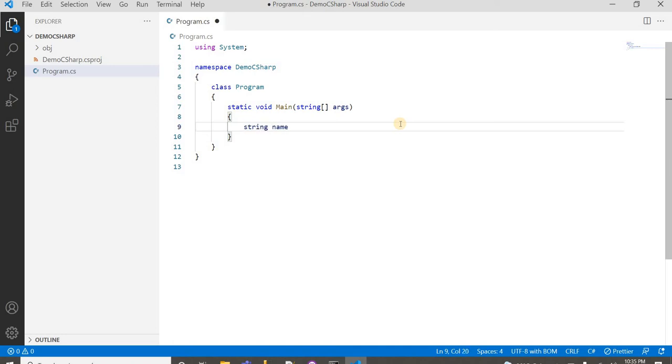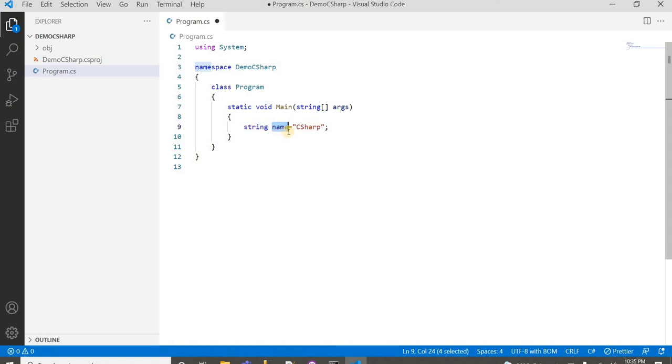So the string syntax is to write string, then the name, then whatever you want to store. Here I want to store, suppose, C#. So here just note C# is a string thing, so I am storing some string value inside name. I can say that this string value I am storing inside name, which is the memory inside the processor, or you can say this is the runtime memory which is storing some value.